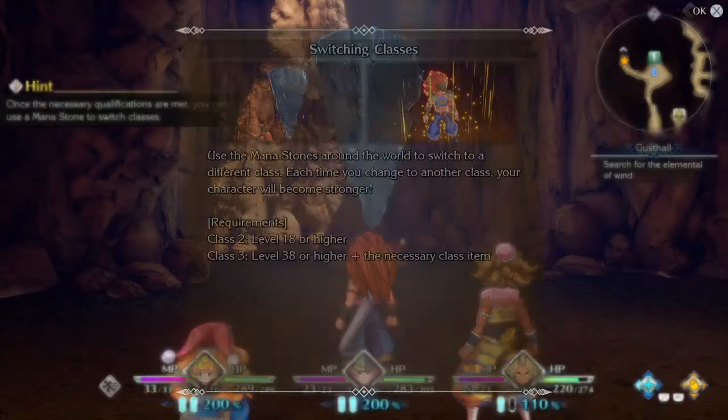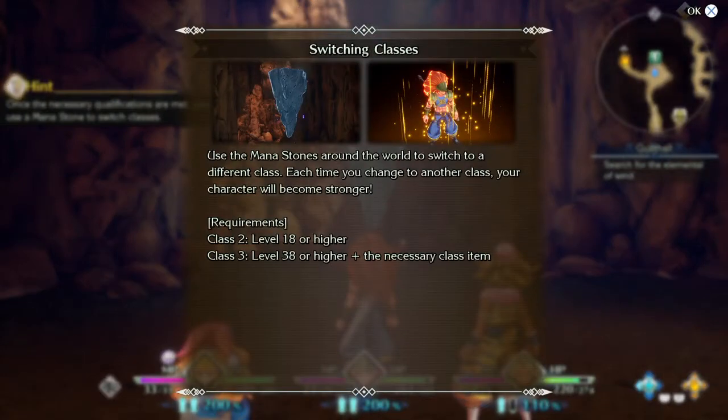Yeah, I'm with you there, man. I'm with you. Switching classes. That's what I just mentioned. Class 2 requires that you be 18 or higher. Class 3 is when you reach 38 or higher, plus the necessary class item. So, in a sense, it's like